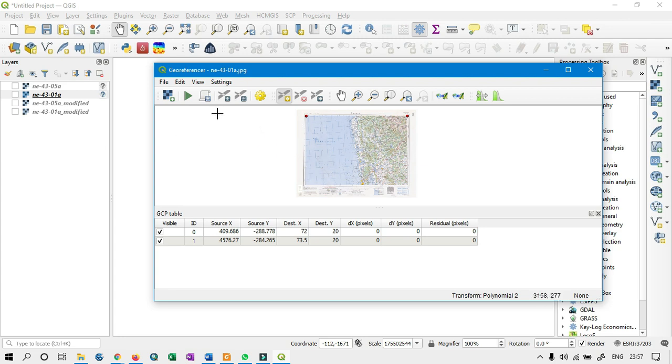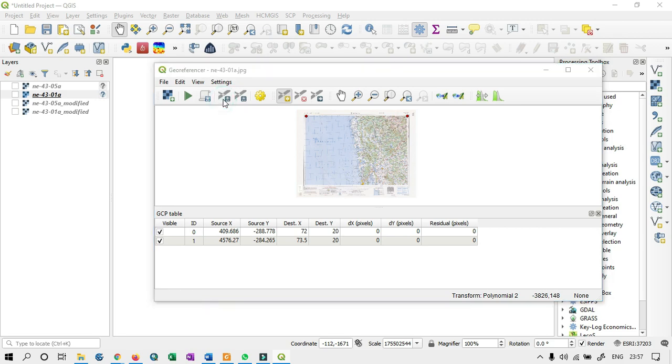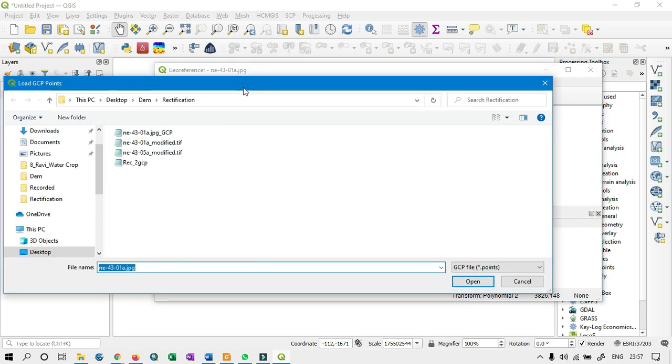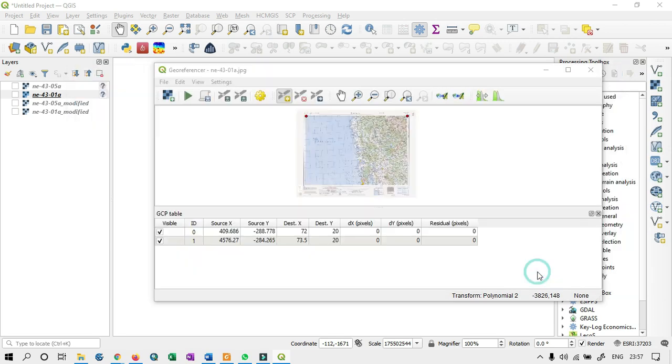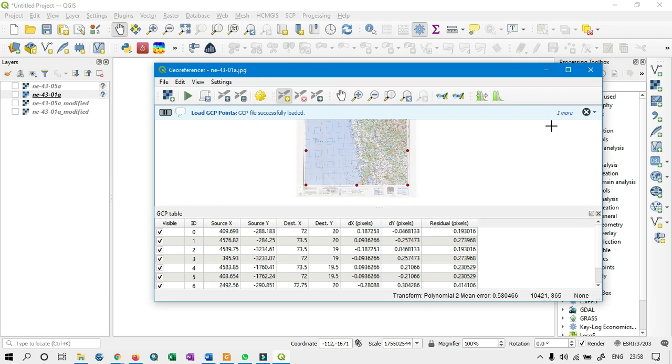I have already created the GCPs, so I am going to add them here. So these are my GCPs, and here you can see I have added 6, I think more than 6, this is 8 ground control points.